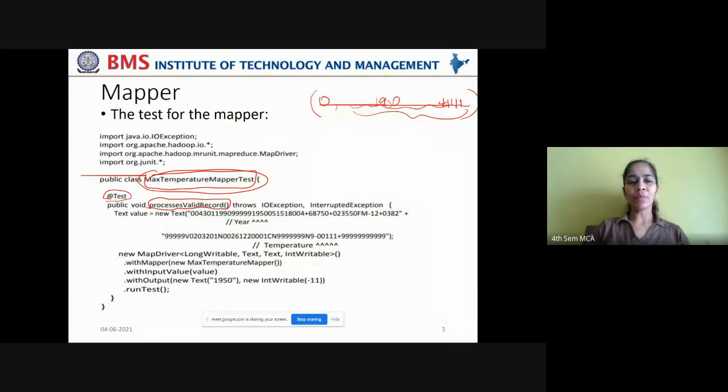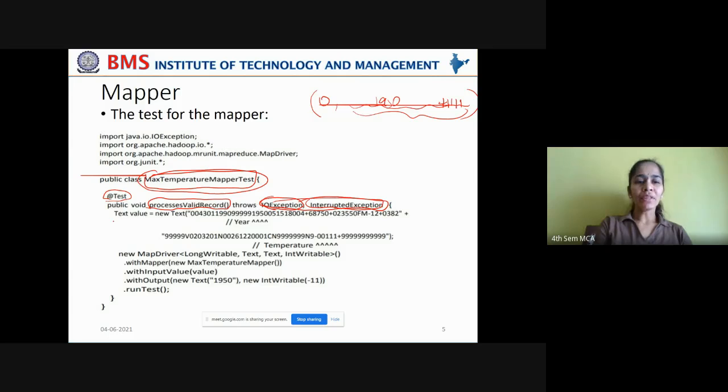So we are trying to process a valid record in this function. That is why we are giving this name. So public void, which throws some exceptions, IOException and InterruptedException, right? Now, whenever you're reading the data, writing the data, or performing operations like job executions, which may be interrupted due to some node failures, it may throw InterruptedException or IOException. For that, we are trying to make the system handle it gracefully.